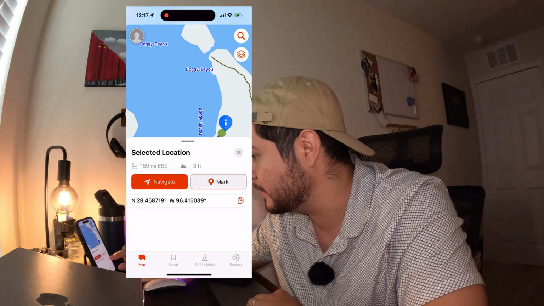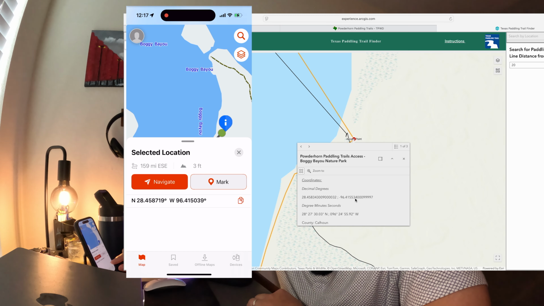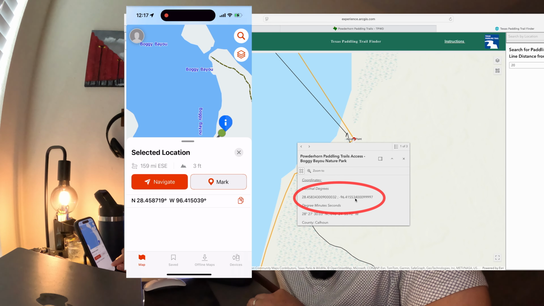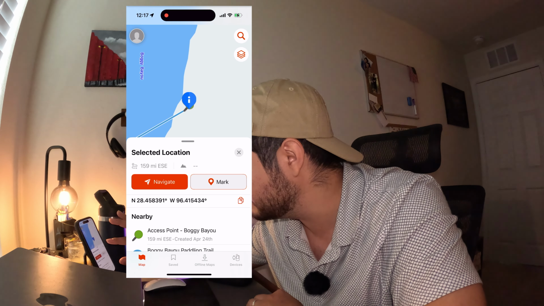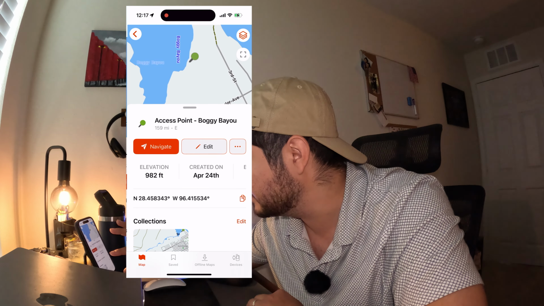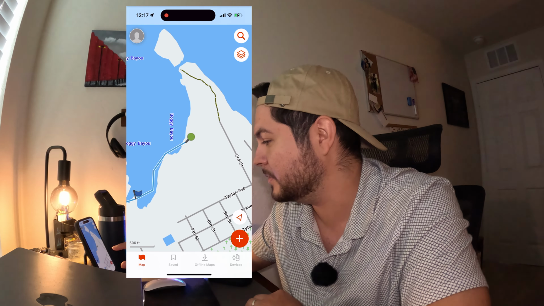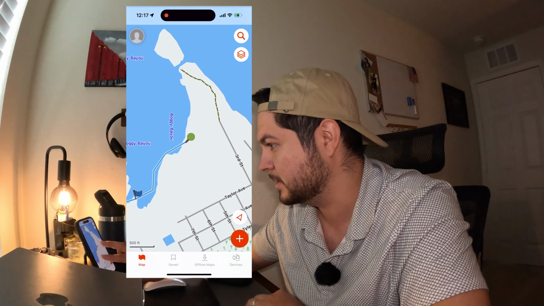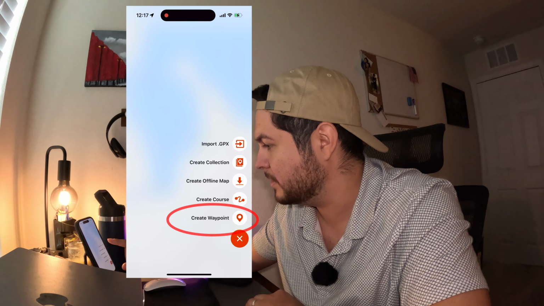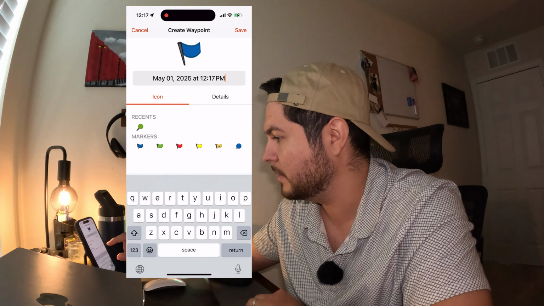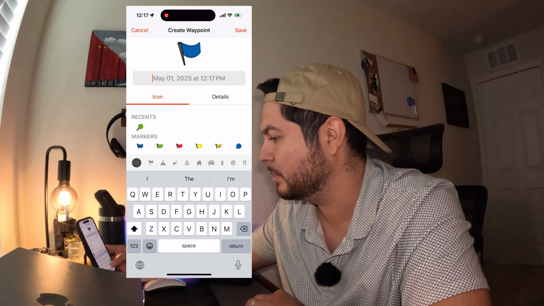So you'll see that here, 28, 45, 8. Oops, I clicked on something else. See, this is what I mean. The app is not the most friendly. So I've struggled creating a course for this. So what I did is I created a new waypoint, and then I titled the waypoint Boggy Bayou,